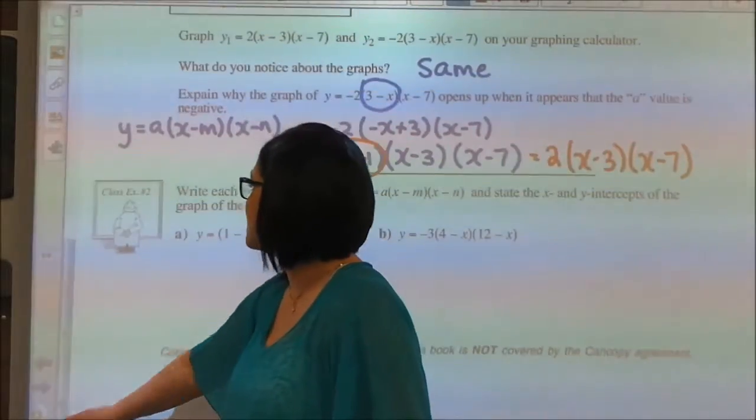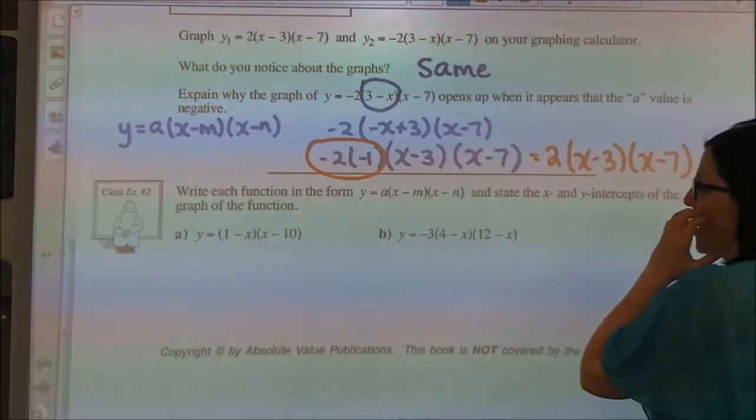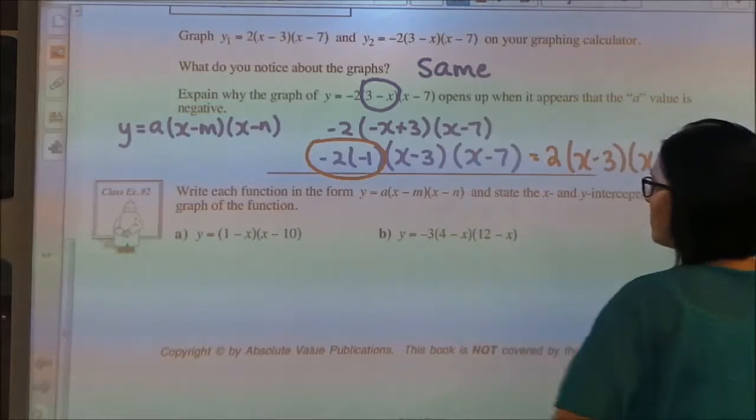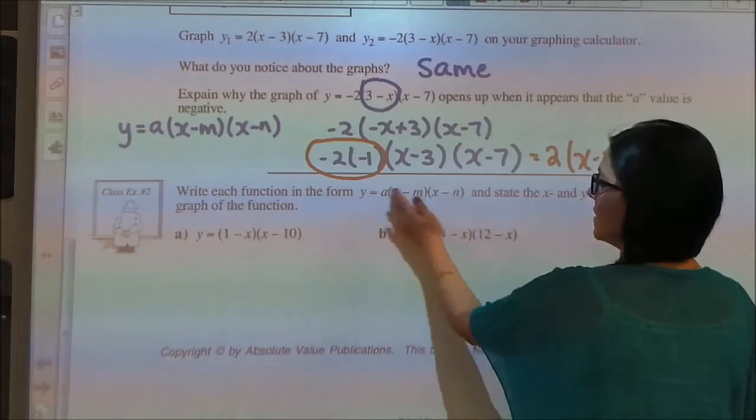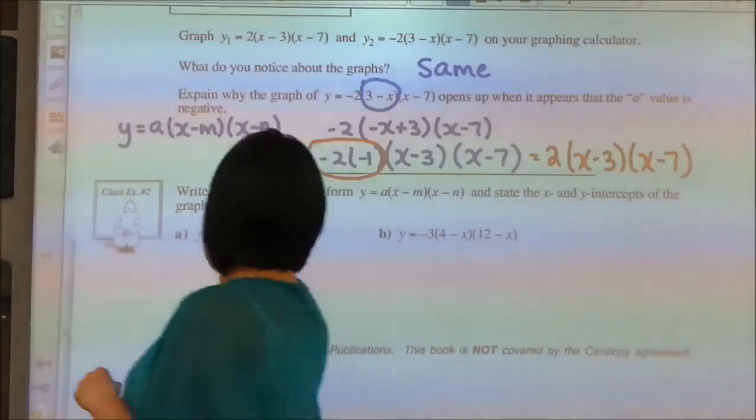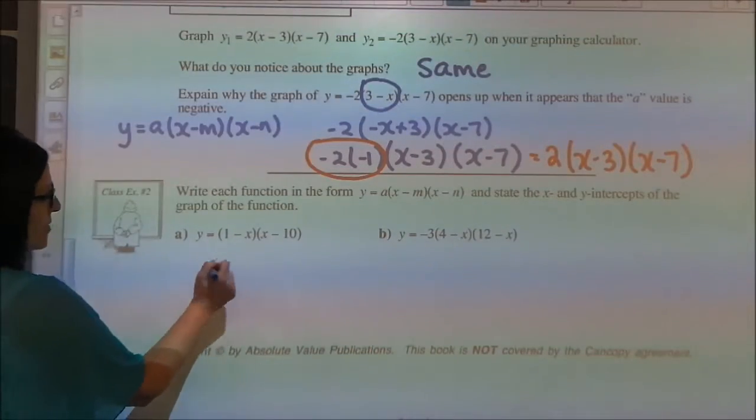So if we look at class example number 2, it says write each function in this form and then find the x and the y intercepts. So if you're asked to find the x and the y intercepts without using a graphing calculator, you want to make sure that you're in this form. So on A, that would mean